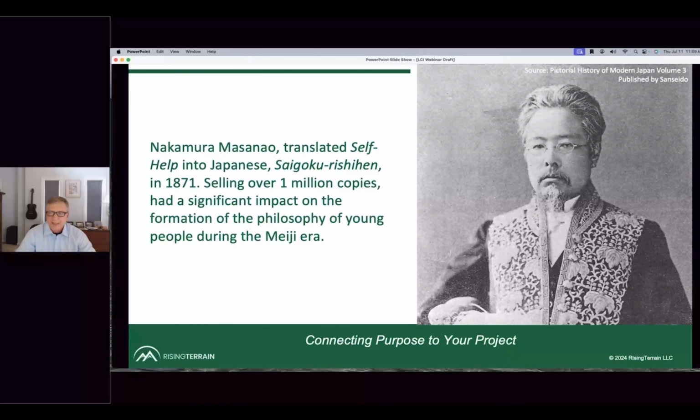And there's the Japanese title there, Segeko Rishihan. And this was 1871, so about 12 years after Smiles published the book. It sold over 1 million copies in Japan, which is remarkable because in England it sold 250,000 copies. So extremely popular book, and it had a big influence in what's known as the Meiji period of Japan, when